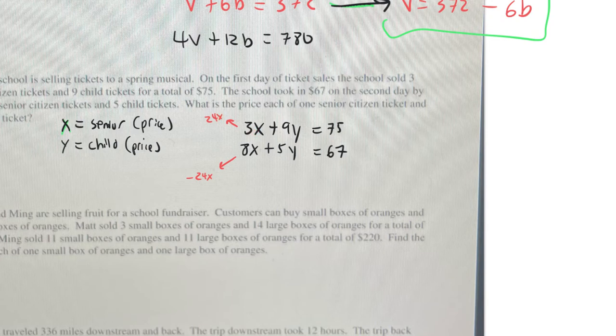But you know that you can't just multiply the 3x by 8. If you're going to multiply the 3x by 8, you're going to have to multiply the entire equation by 8. You can't just multiply one thing by 8. Okay? So we're going to do that soon. Now, the bottom equation